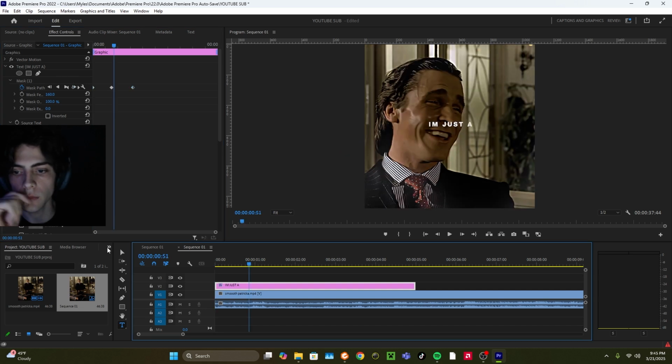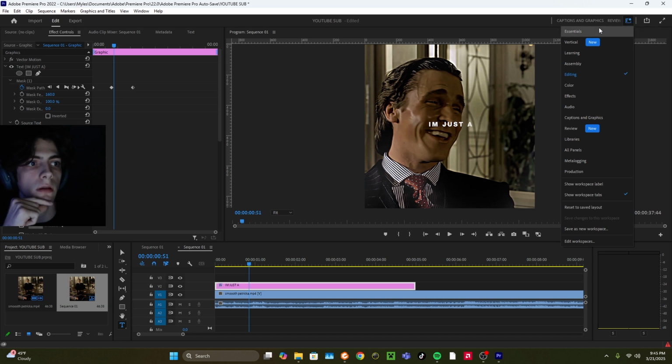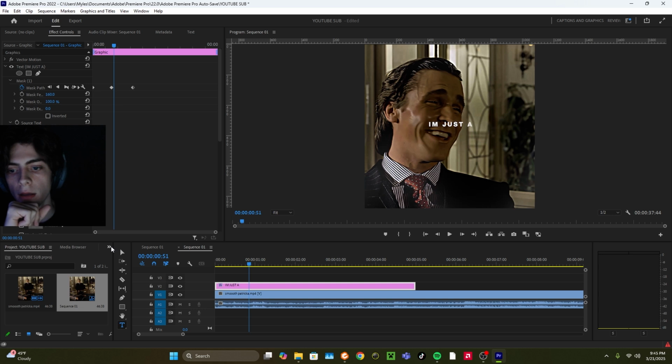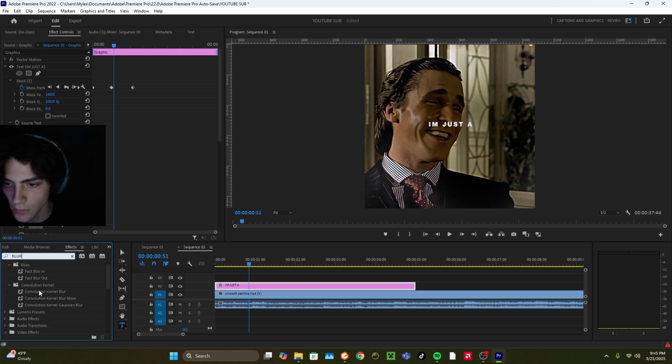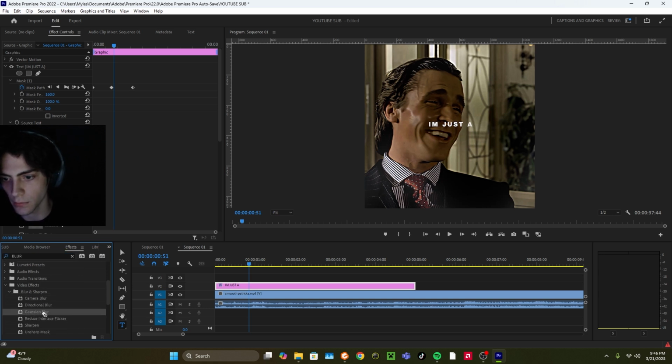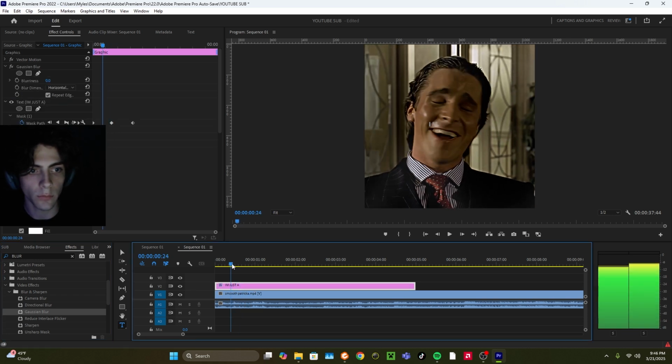Now what we're going to do is go to effects. So my setup, if your setup looks different, click up here and click editing. That's my layout. Now click these arrows, effects. Type in blur. Scroll down until you see Gaussian blur. Drag it, drop it. Now right about here,